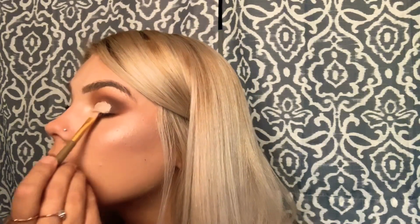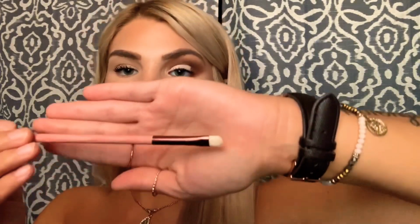This doesn't have to be perfect right here, because I'm gonna go in and deepen the outer part of it and do some more blending. So this is basically just like a canvas to start your blending for your cut crease. I'm gonna take the Luxie 246 Precision Crease Brush right here,